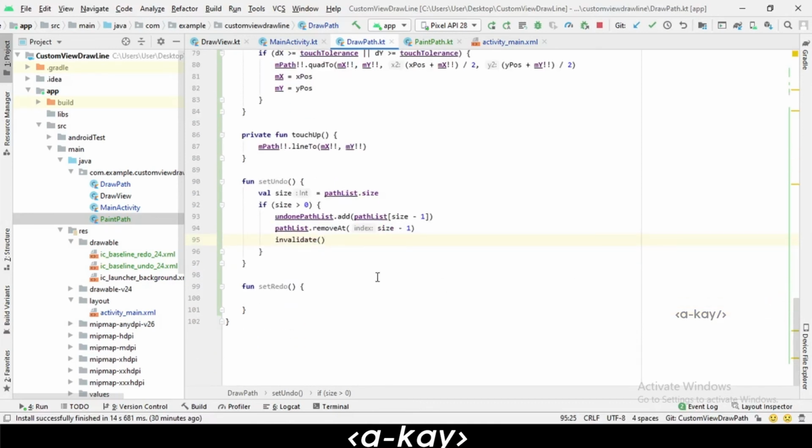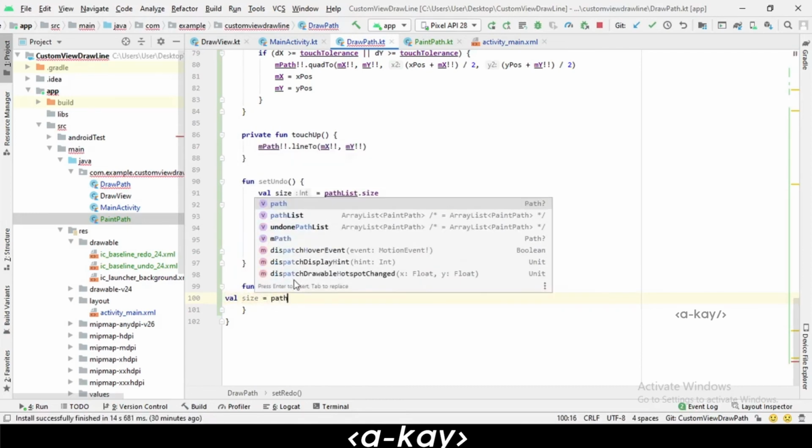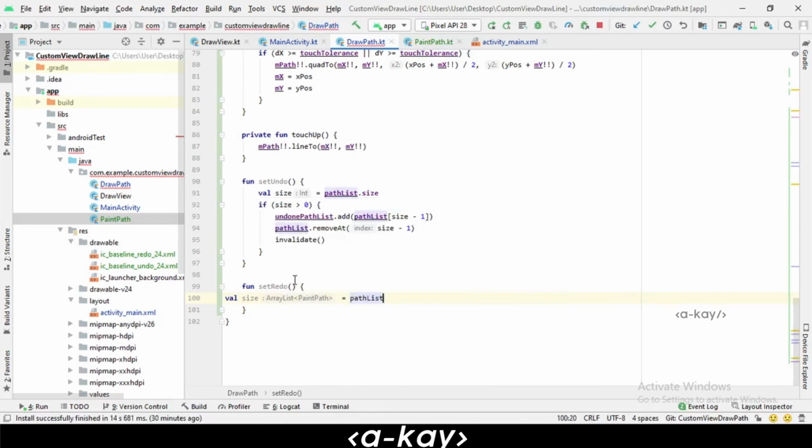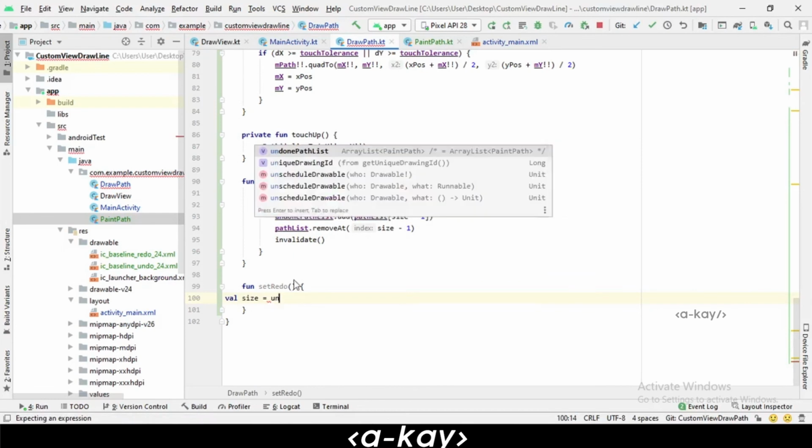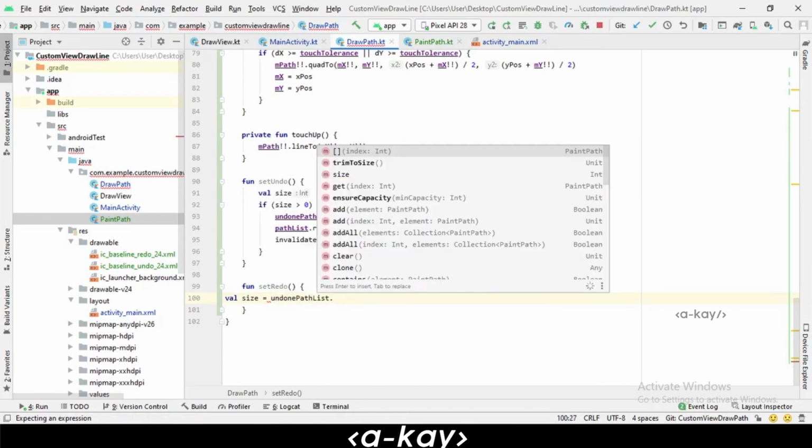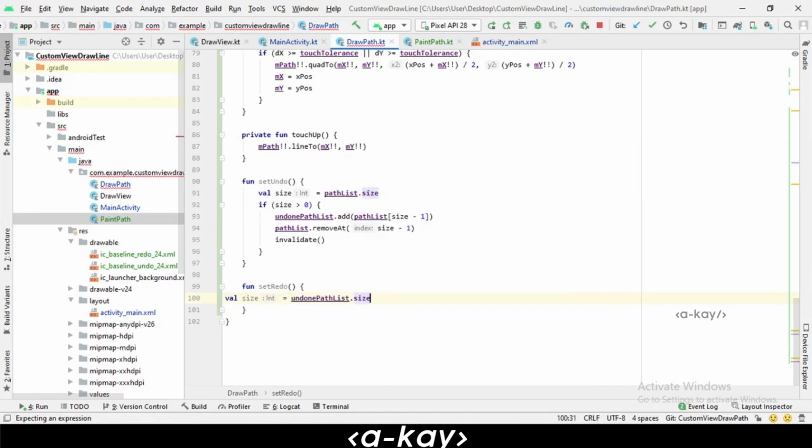Okay, in redo we want to change everything vice versa. Val size is equal to path list, here undone dot size, giving control alt L to format our code.